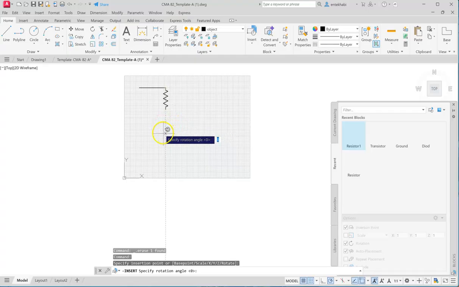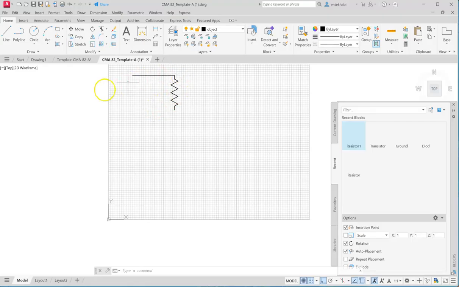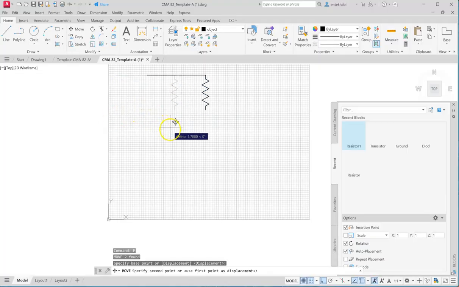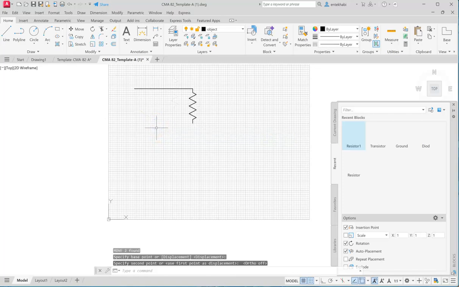So if you have your ortho on, because it's 90 degrees, that would help. As long as they're all in the same position, you can have rotation on. Right now, of course, I used this starting from this end. There's no measurement on the schematic, so as long as you need, you can extend that line, make it longer, and move it around so you have more space. Arrange that somehow. Again, there is no requirement for all dimensions except you're going to have those labels. The labels are text you will type. So I hope that helps.